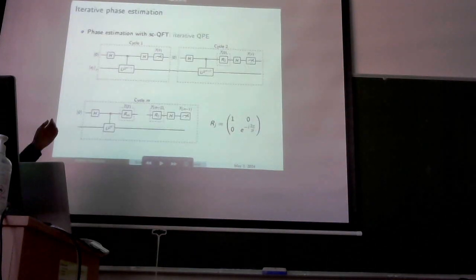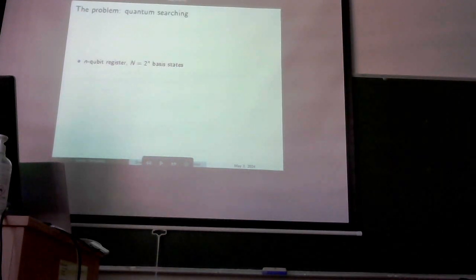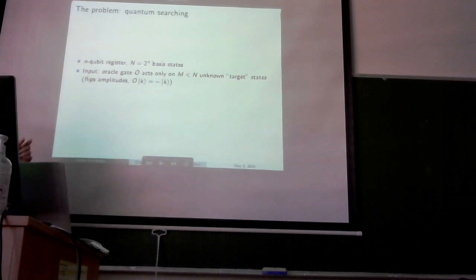Okay, so again, this is a very important improvement on quantum phase estimation. And now I'm moving into Grover's algorithm after having explained phase estimation. Our task here is to search elements and to use a quantum computer to do so. So I'm going to start in a quantum system of n qubits, and thus we have 2 to the n basis states. Out of those basis states, there are going to be m so-called target states which we want to search.